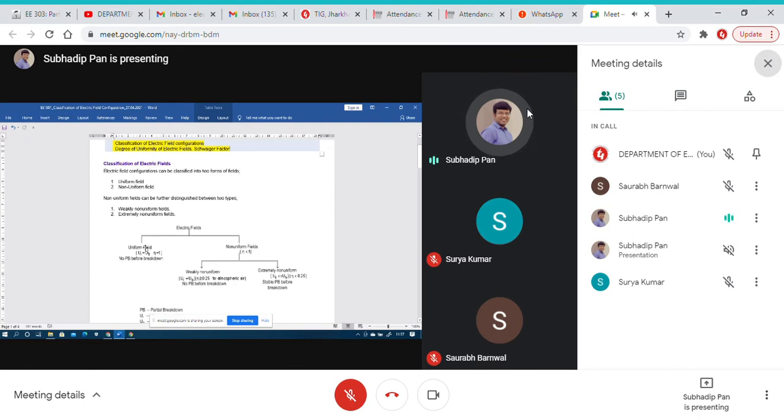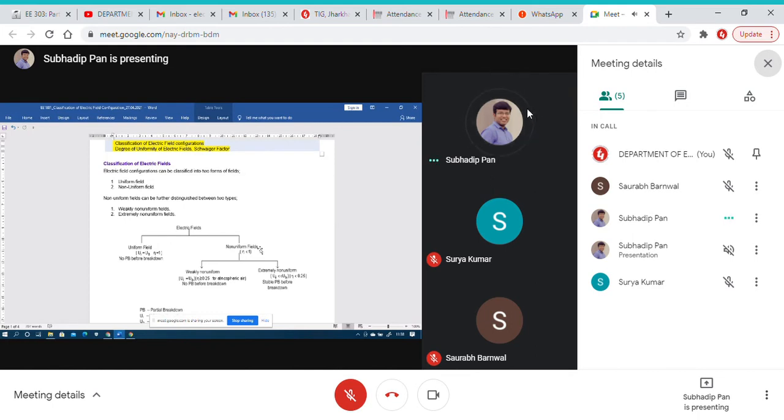In case of a uniform field, there will be no partial breakdown before the complete breakdown occurs. This is very important for these cases: Ui equals Ub. The uniform field occurs when Ui is equal to Ub, and mu is always 1. Only then will the uniformity of the field occur. And in case of a non-uniform field, mu is always less than 1. Only then can we say that the field has the property of non-uniformity.